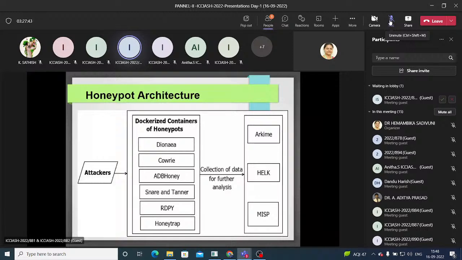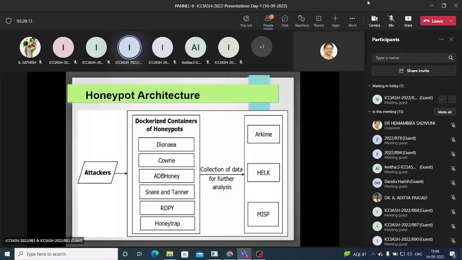So with respect to the honeypot that we have introduced in our research, we are going to apply multiple honeypots with the help of containerized applications. For example, over here I have given Dionaea, Cowrie, ADBHoney, Chargen, RDPY, Honeytrap, right? There are lots of different honeypots we are going to combine to have multiple honeypots, and we are going to apply them on the AWS cloud platform, so that whatever requests come from all over the world,